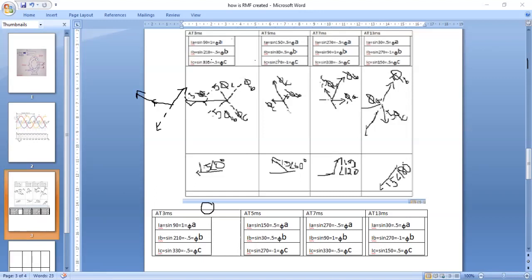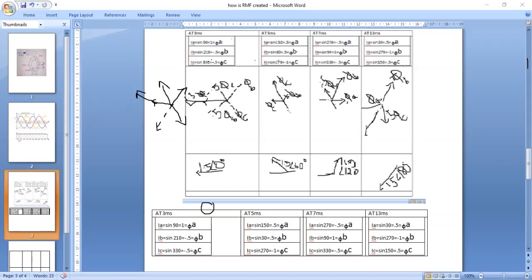Coming to phase C, its original direction would be this phi C, but here it is minus 0.5, so it is going to be extrapolated in that direction. So these are phi A, phi B, phi C, the three phase vectors. When you sum them, the sum would be in the direction of vector A. With some trigonometric calculations, you find that the direction of the resultant vector is that of phi A, and its magnitude is 1.5.